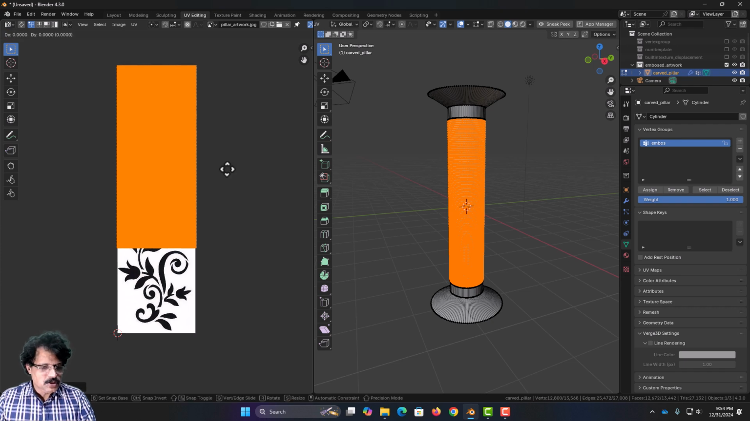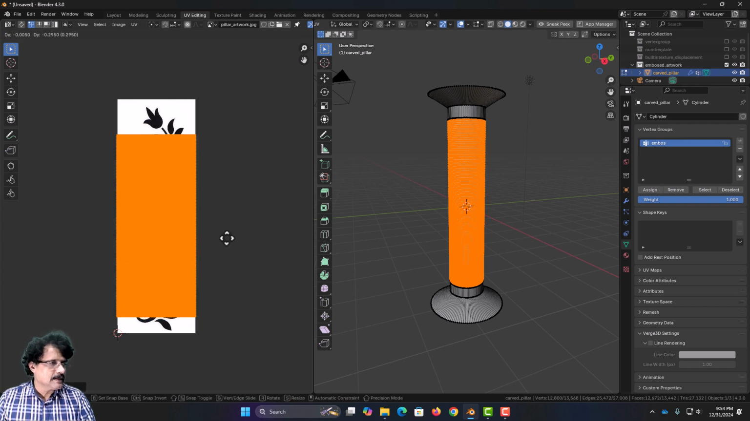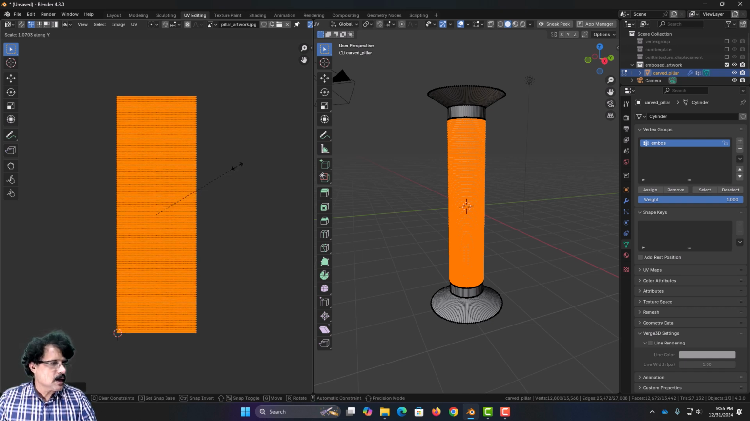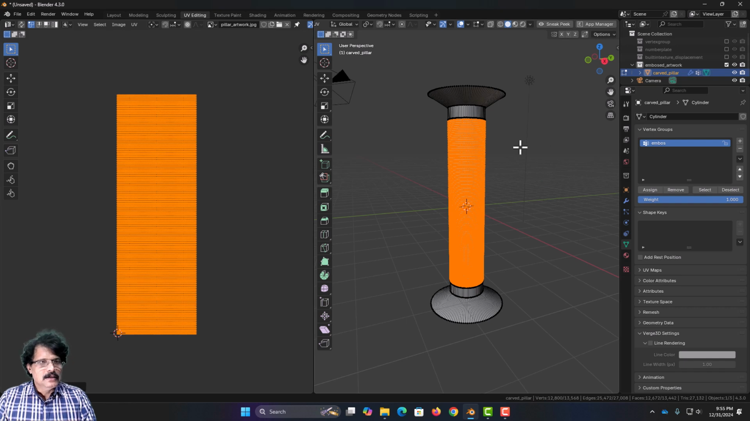I will press G Z and move it down like this, and then I will press scale, and along the Y axis I will scale it up like this. I will press G Z and move it like this. Then Y, and along the Y axis I will scale it up, so that this entire thing is covering my entire image. Like this I am going to create a UV map,